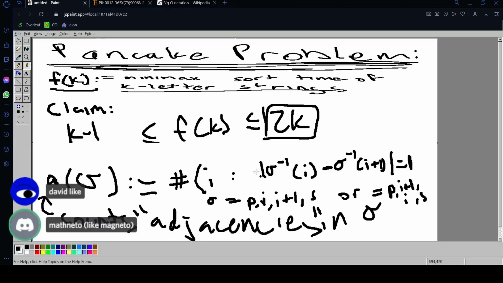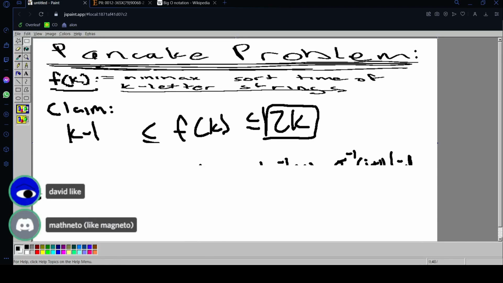Is that kind of clear? Are I and I plus 1 consecutive, those are just two consecutive places? Maybe it'd be better to do with an example, like if 2 and 3 were next to each other. So A of sigma basically counts the number of 1 and 2 which are next to each other, and 2 and 3. So for example, if sigma is equal to